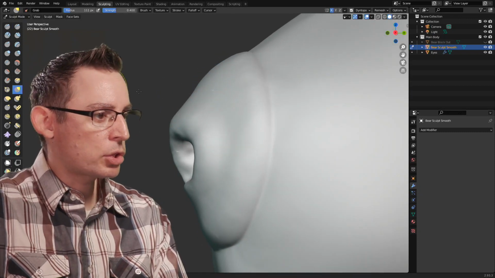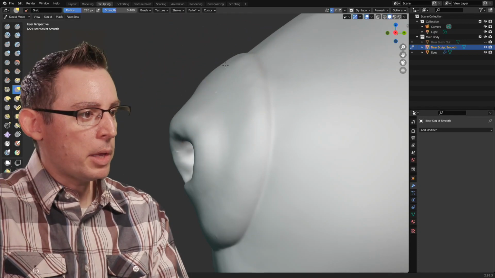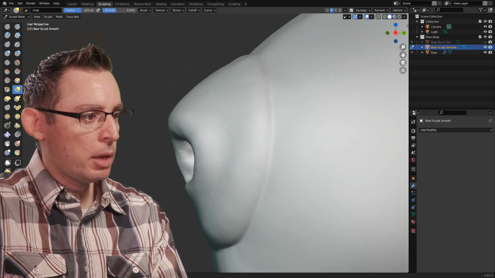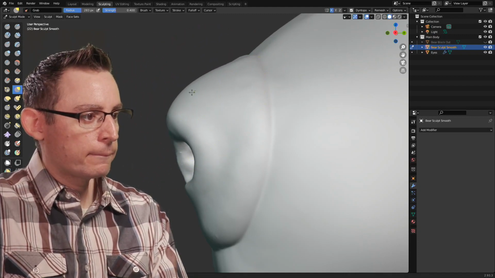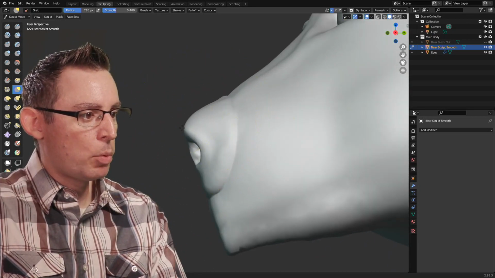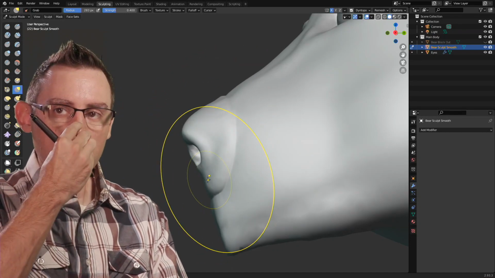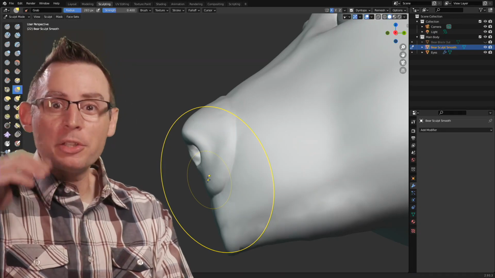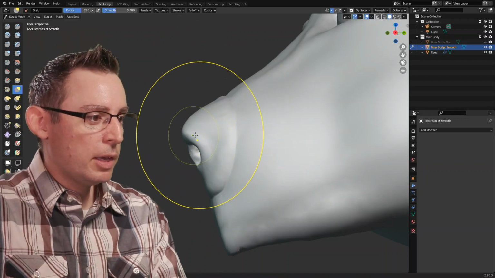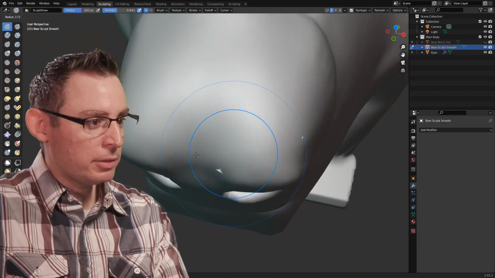Just making sure that the strength isn't so high that I'm having to go in and make big sweeping changes after the fact. I'm going to change my nose shape ever so slightly here. Yeah, make it a little bit more of a point. If you think about it, in my imagination, the bear is sticking his nose into berry bushes or under rocks and trees and stuff. And this point is really going to direct that smell in action.